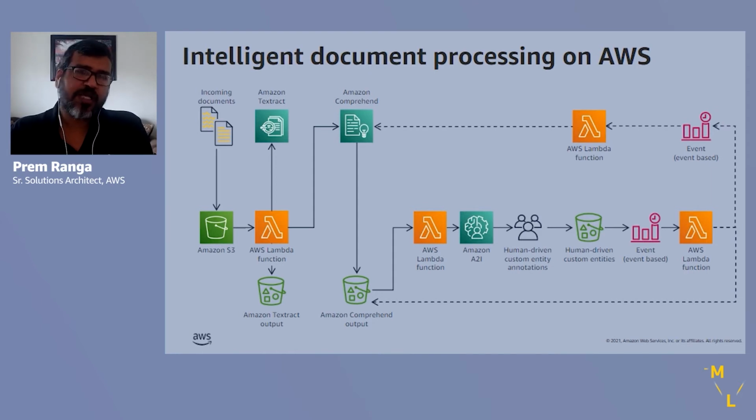And what we'll then do as part of the solution is take these entities and send them to an Augmented AI human review loop. We will review the entities and determine if all the entities that need to be recognized from the input document have indeed been recognized, and they'll make modifications or updates as required. We will then take these updated incremental entities that the human loop has identified and feed that back into the Amazon Comprehend model. And we will retrain the model so that it's able to recognize those entities in the next set of documents it receives.